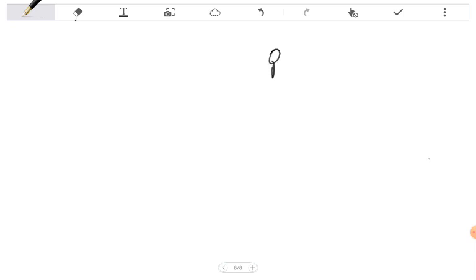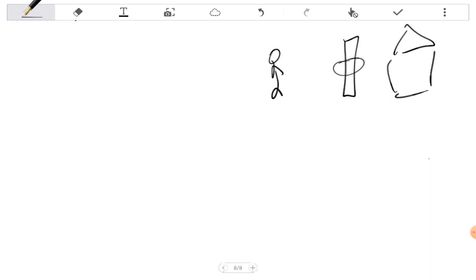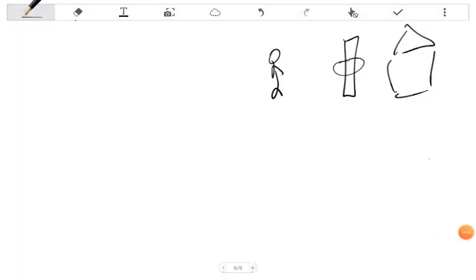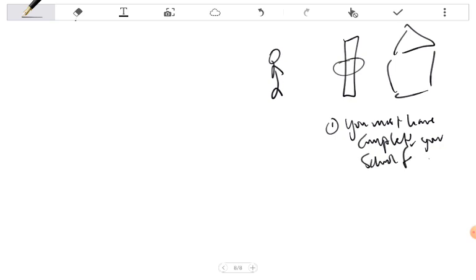So there is a guy, let's say you, at the school gate, let's say your school, and he wants to gain entrance to the particular school, but there is a condition. The condition is, before you go in, now you can have more than one condition, but here we're just working with, say, one condition. Number one, you must have completed your school fees.